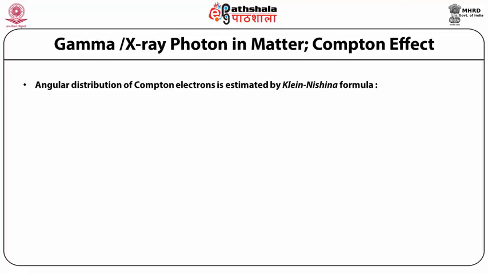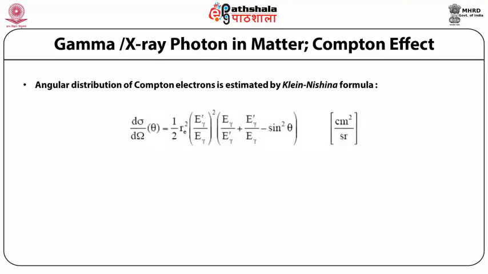So there is a well developed theory of Compton effect of photons in matter, and that theory was basically developed by Klein-Nishina, and they came up with a formula which gives the angular distribution of Compton electrons, and the formula is shown here, that is angular distribution d sigma over d omega at a particular angle theta, scattering of photon, is equal to 1 by 2 r e square bracket E gamma dash over E gamma square bracket E gamma